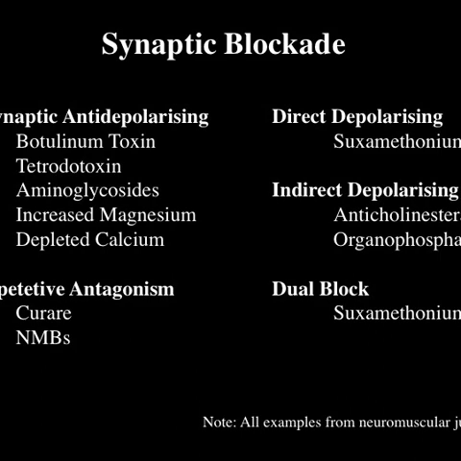Don't get excited about dual block, which is always the final category. It's a bit of a cheat, and you don't really need to worry about it, apart from knowing that it's there, which is why there are 5. And note, in this diagram, all the examples are taken from the neuromuscular junction, which tells you how much more we know about the neuromuscular junction compared to the other synapses of the body.